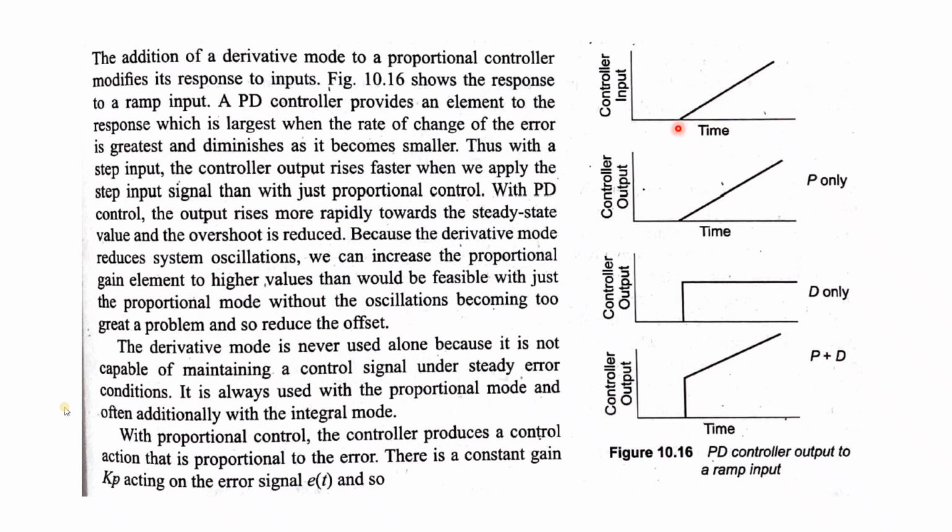writing part, text on the left, first see the figure over here, figure 10.16. See, this first one is without any controller. This is the controller input. Now with the P only, the magnitude is increasing, slope is remaining same, magnitude is increasing. Derivative controller, what it does, it sets some time delay, and controller input is not proportional to the error. It is just like a flat line like this, and we are adding both of them, then it becomes like this.